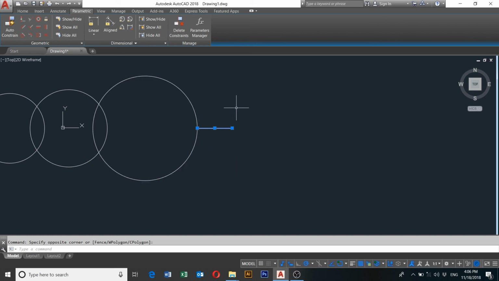I want to start moving this object. Now in order not to waste my time drawing this line, what I'm going to do is